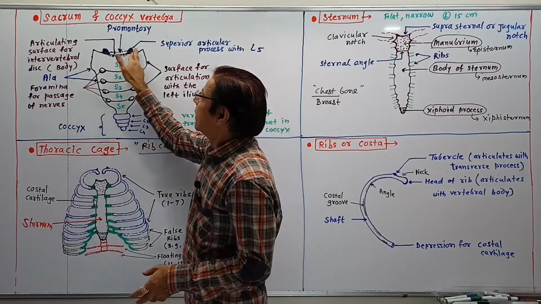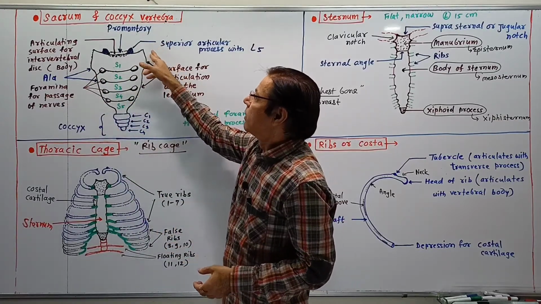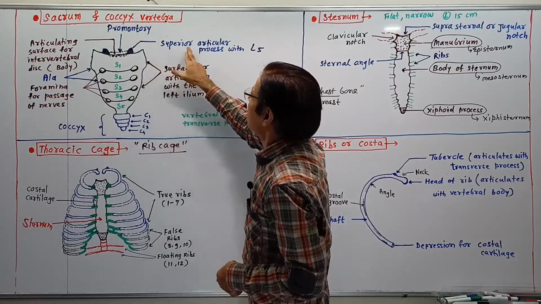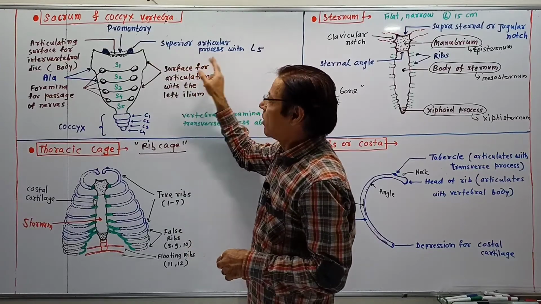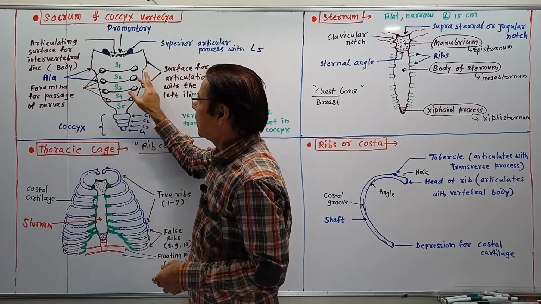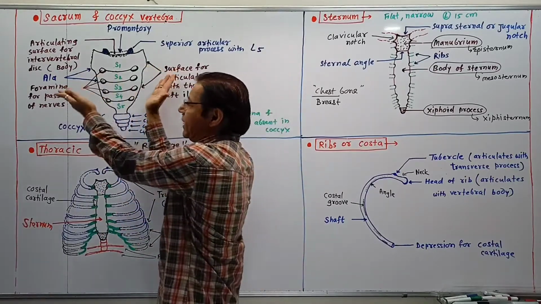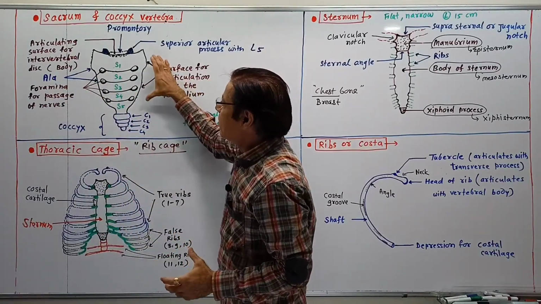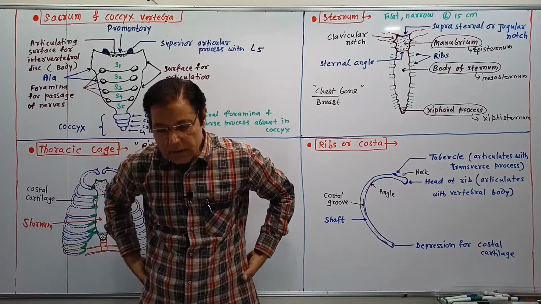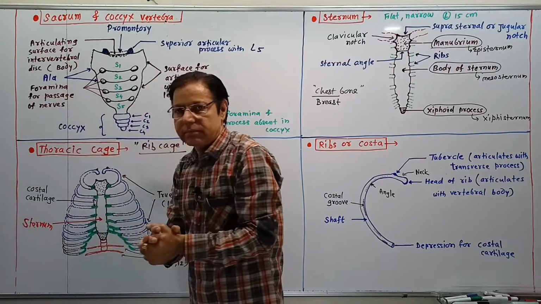cartilage. Then on the lateral and dorsal side of the sacrum vertebra, there are 2 superior articular processes which articulate with the lumbar 5th vertebra. Then the lateral sides of the sacrum vertebrae are called ala, both alae, where the ilium attaches from both sides. Ilium bone of the pelvic girdle attaches to lateral sides called ala.